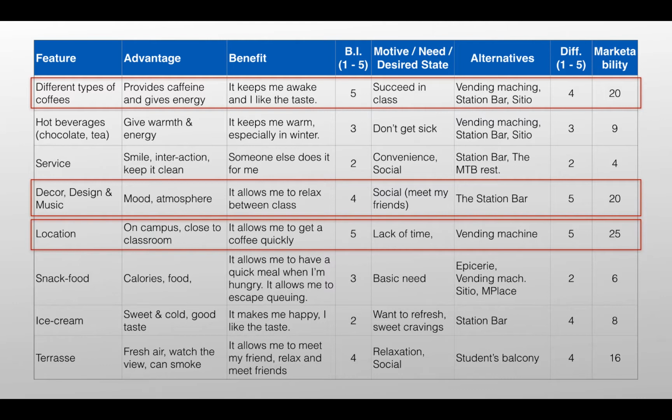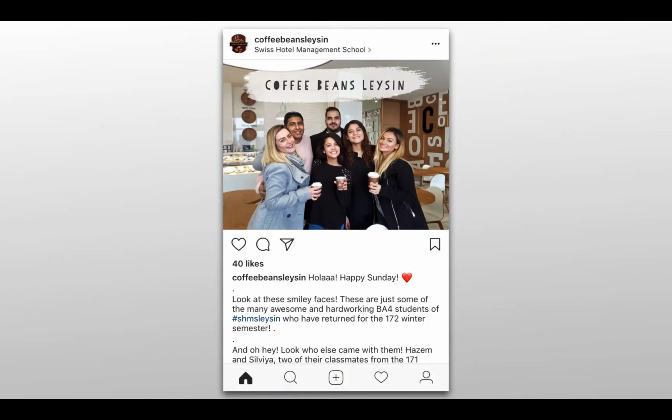And this is the idea between the Fab worksheet. You want to highlight the most important features, which are the most important to your customers and for which you are the best. And combined together, it shows you which are the features on which you should be focusing your communication. And not only the features, but of course the features and the benefits. So for example, here, talking again about the decor, design, and music, and talking about Coffee Beans being a great place to meet. Therefore, later on, when we want to communicate to our target markets, on Instagram here, for example,